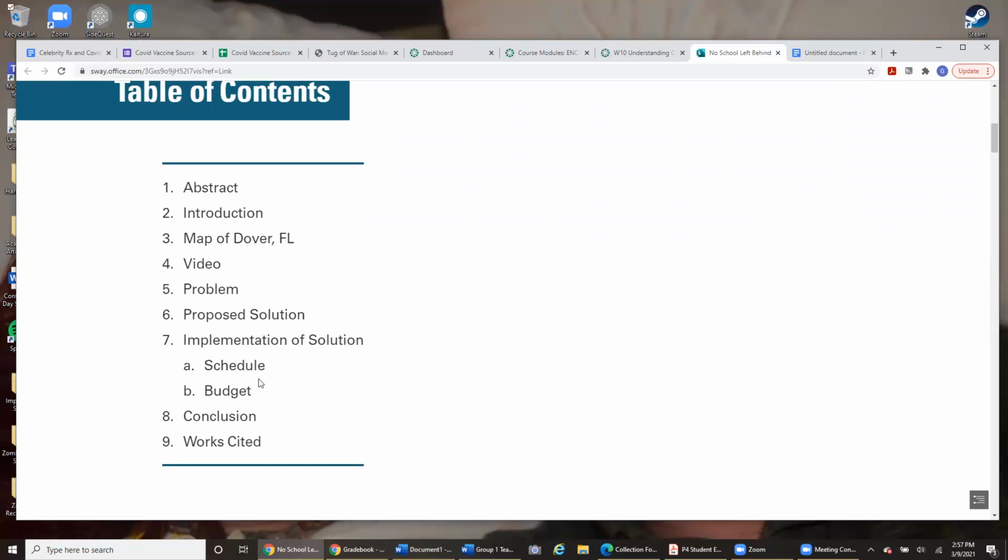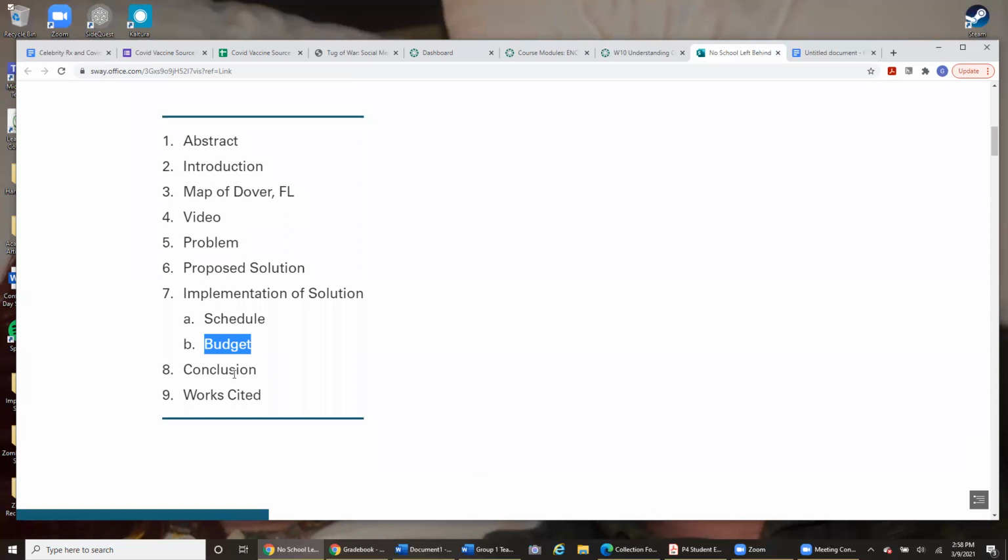How would you then implement that solution? On what kind of schedule would you do part 1, 2, 3, 4, however many parts you think you need to implement your solution? What would that budget look like? Because you've researched budgets for similar situations. And what is your